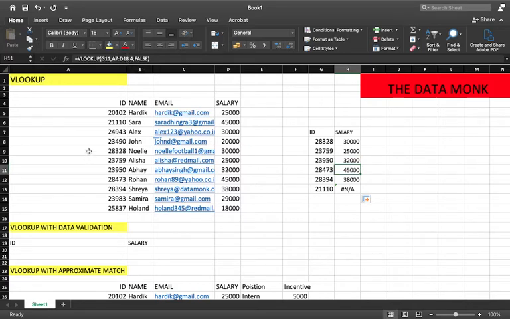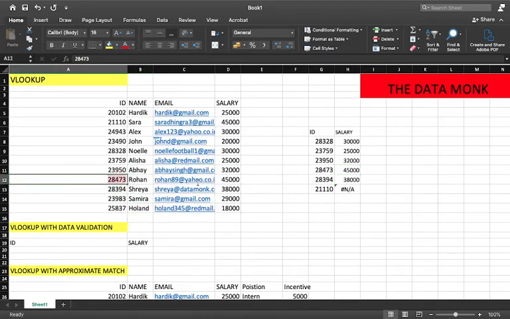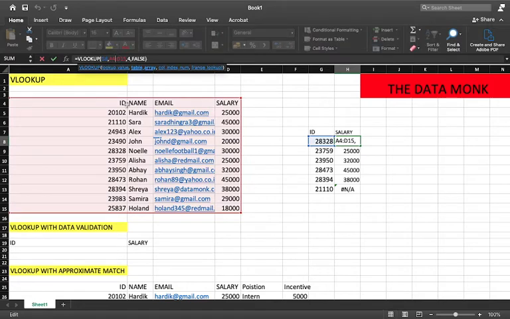So what happens is my table array is reducing, first it is like this, then it is becoming like this when I'm moving to another function. So my table array is reducing, and now when I'm searching for 21110, it is out of my table array, and that is why it is returning me not available value. We have a solution for this, which is very simple. All you need to do is, so our table array is A4 to D15, right? What you can do is you can just fix this by using the F4 button. You can fix this table array and then it won't change.